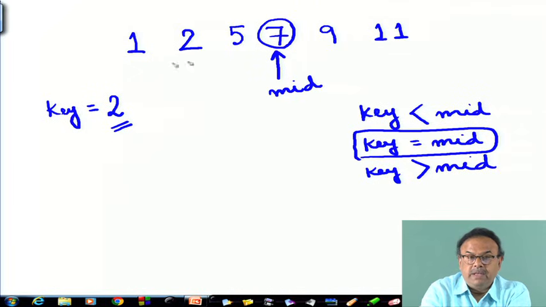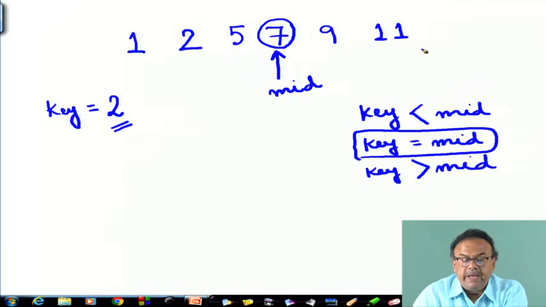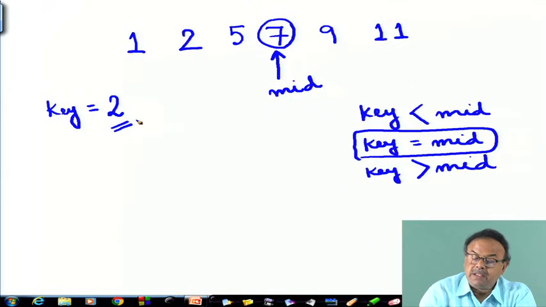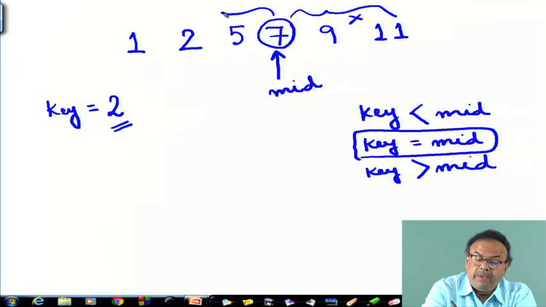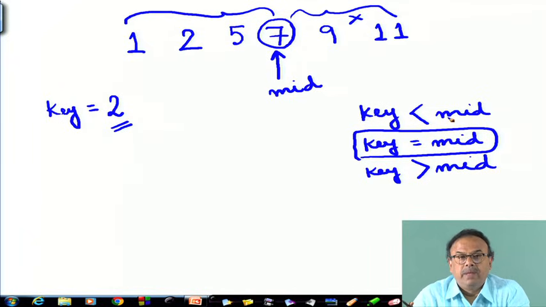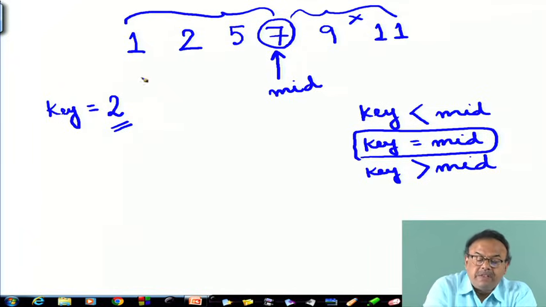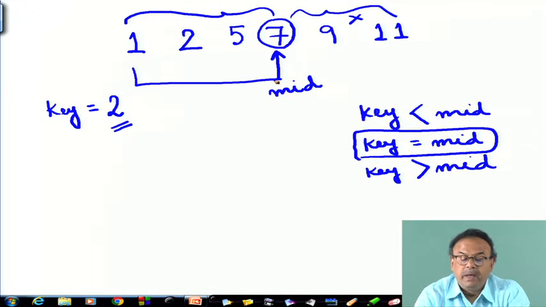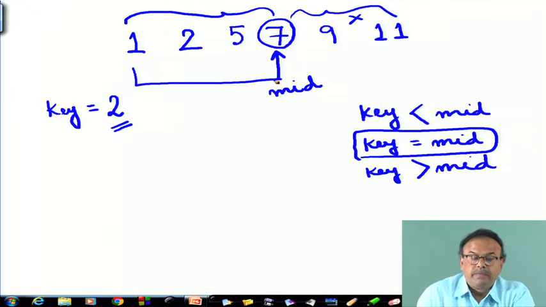But the thing that I can say is that the key, since it is less than the mid, cannot be on this side, not possible. It must be, if at all, on this side. Therefore, I can restrict my search within this zone.